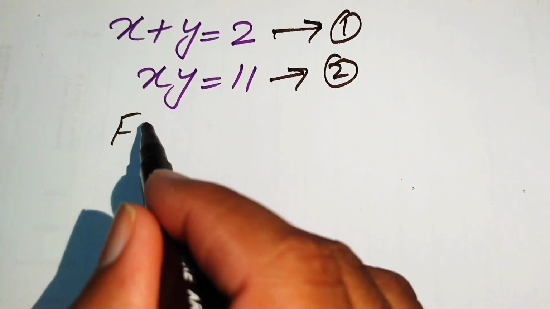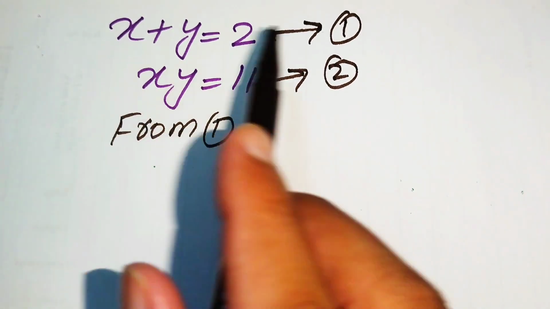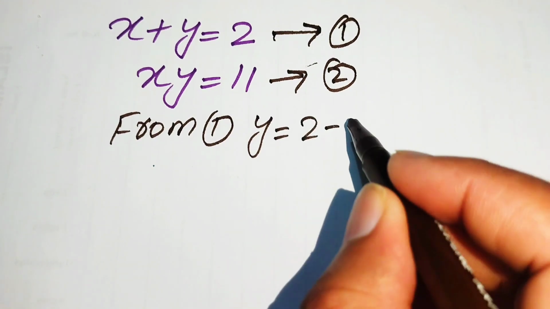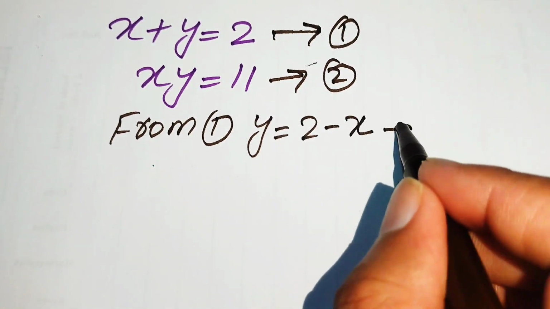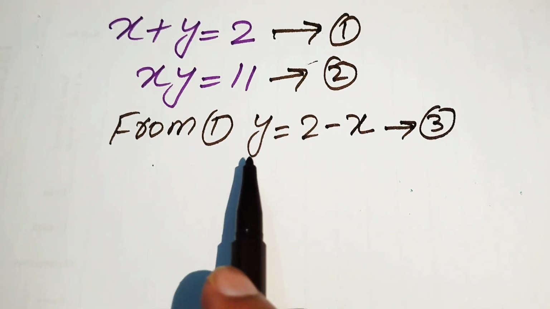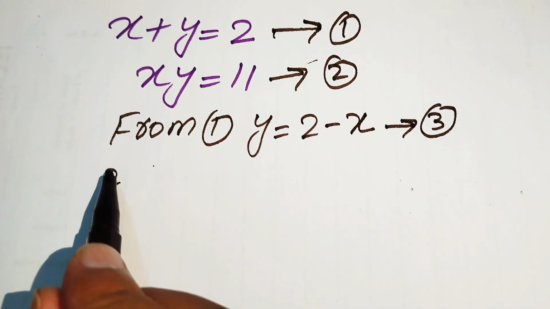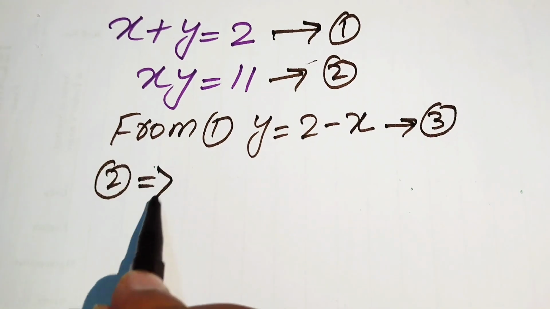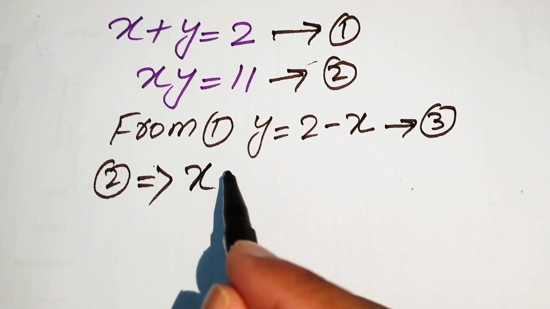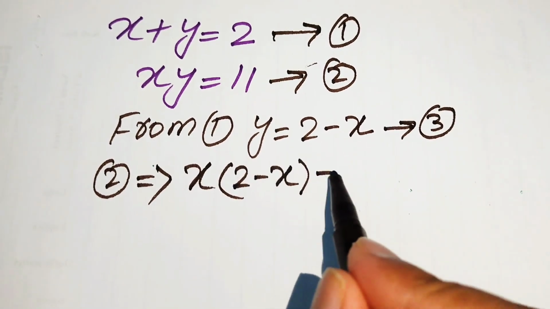So first we focus on equation number 1. From 1 we move this x to the right hand side and we get y equals 2 minus x. We call this equation number 3. Now we substitute this value of y in equation number 2, so equation number 2 implies that x times y, and the value of y is 2 minus x,